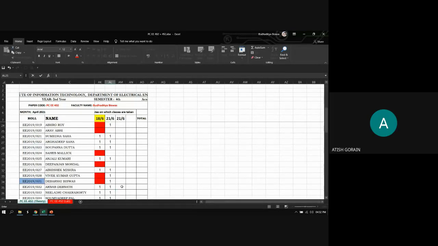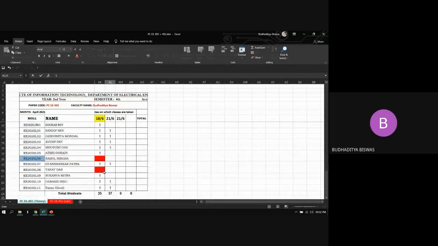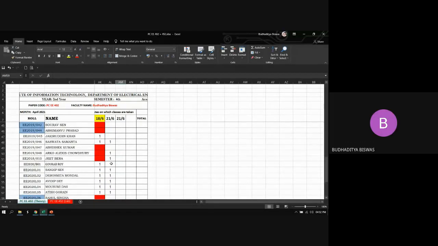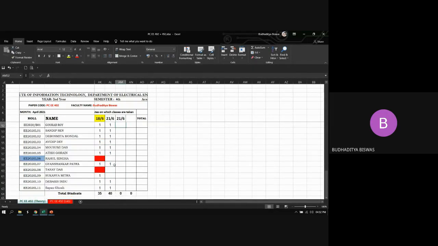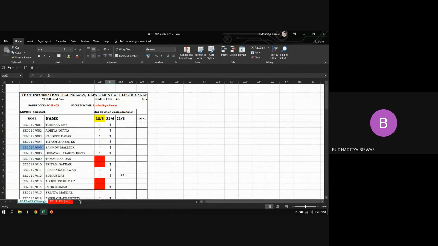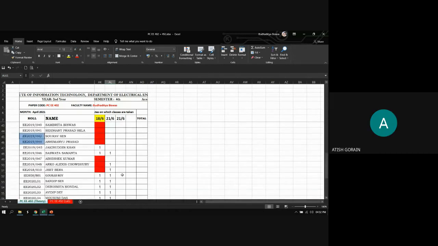A5, L5. Okay. B01. L Gaurav. Yes sir, Gaurav. Anyone else? L5 has been marked, L5 is present.